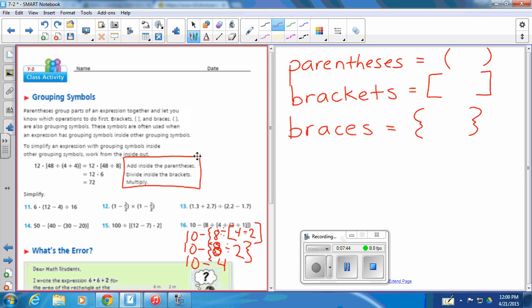Now we finally got rid of all those grouping mechanisms, all those grouping symbols, and we're down to the subtraction. 10 minus 4 is 6. That is our simplification for that